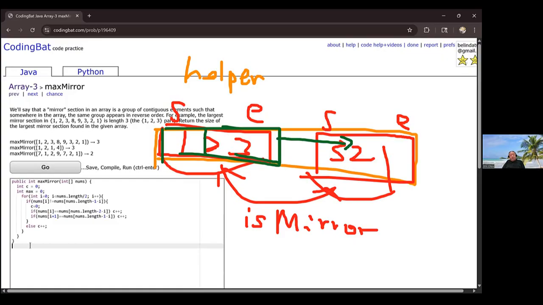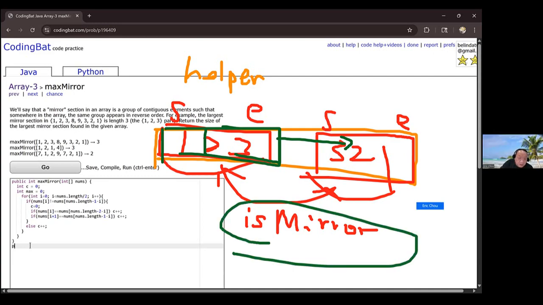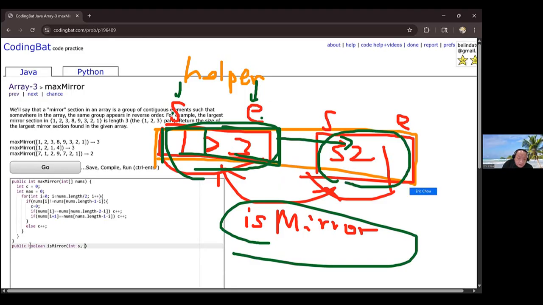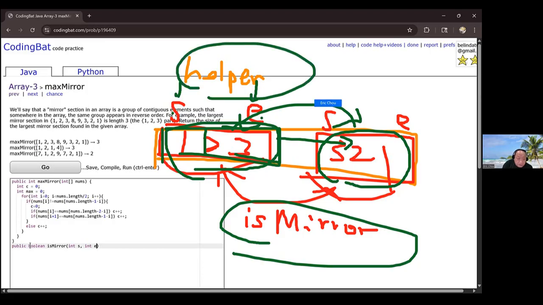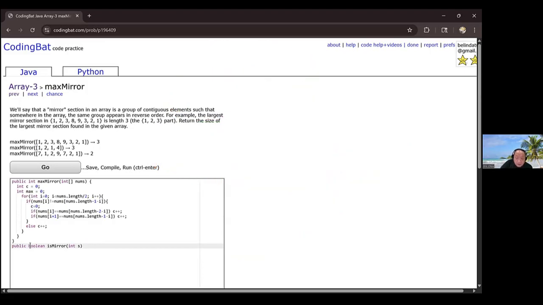Is that okay? Design is mirror first, making sure you are given 4 indices: the starting index and ending index of a subarray, and the starting index and ending index of another subarray. These 2 parts are part of the array, and both of them are mirrors of each other. You need to have that helper function first before you go to the larger scale design. Okay, try it. By the end of your turn,